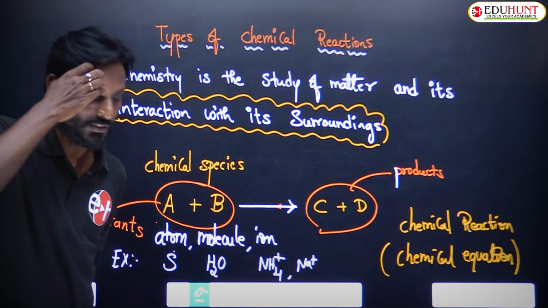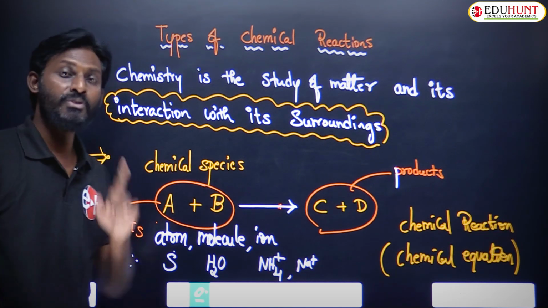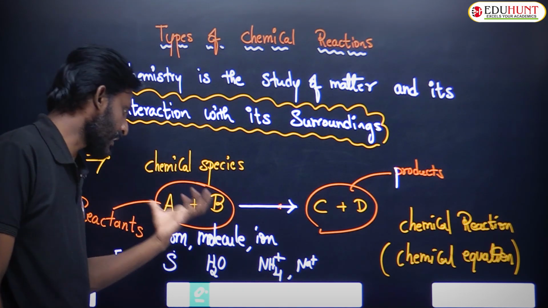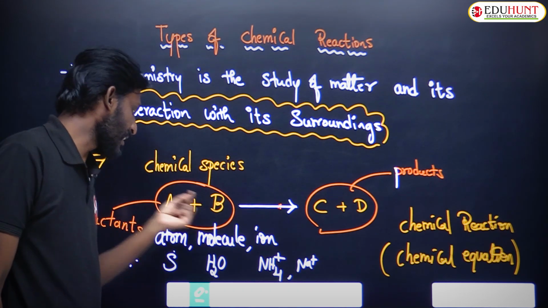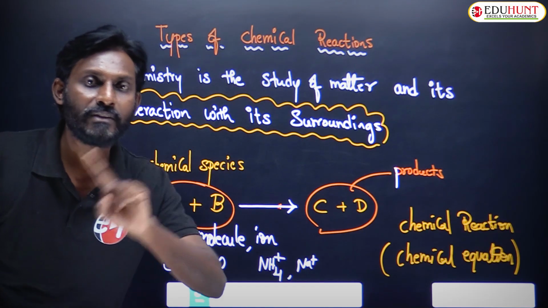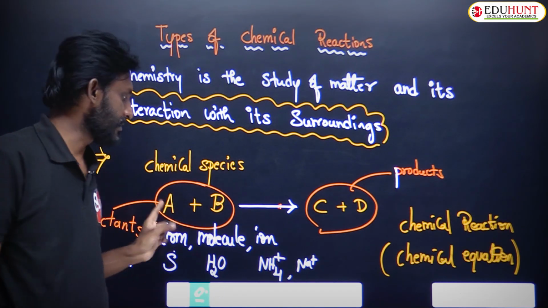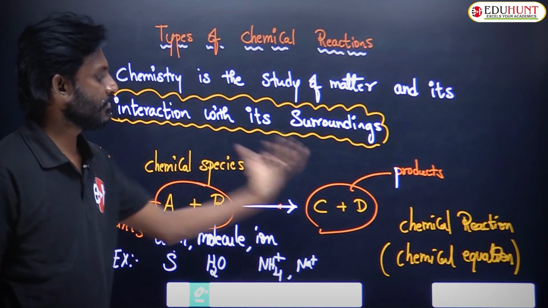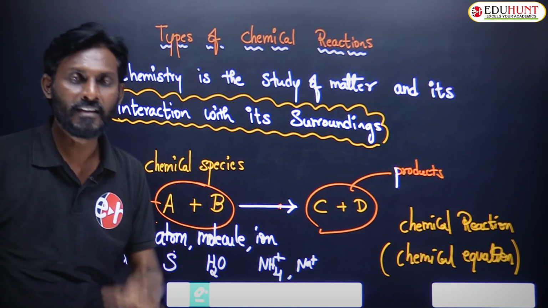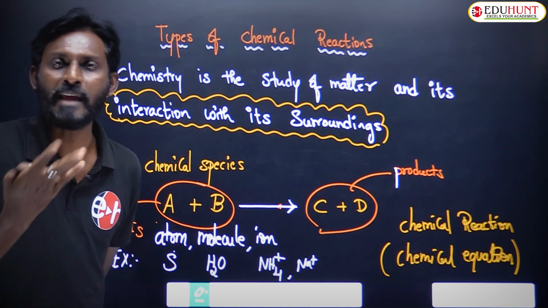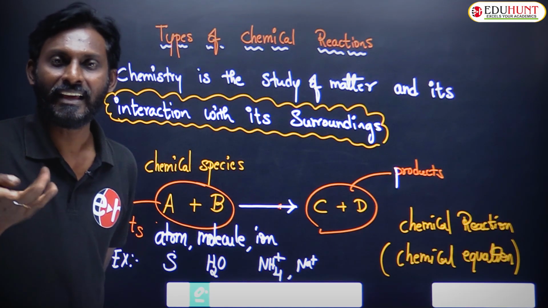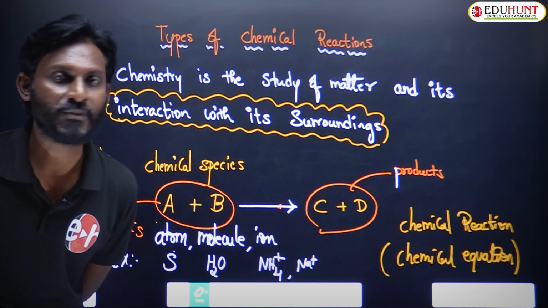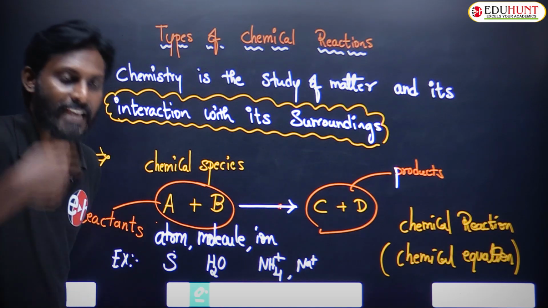Okay, so you may get a doubt like this. Yes, sir, you said that these chemical species are interacting with each other to give different chemical species. Okay, fine, sir. But what type of interaction is that? How do they interact? Do they talk to each other? No. Interaction means,